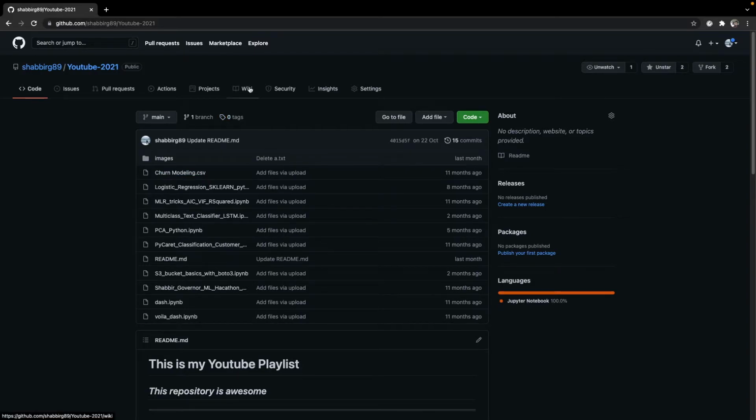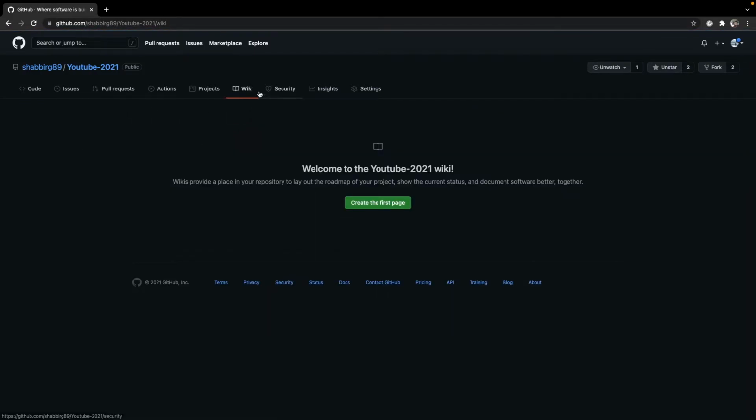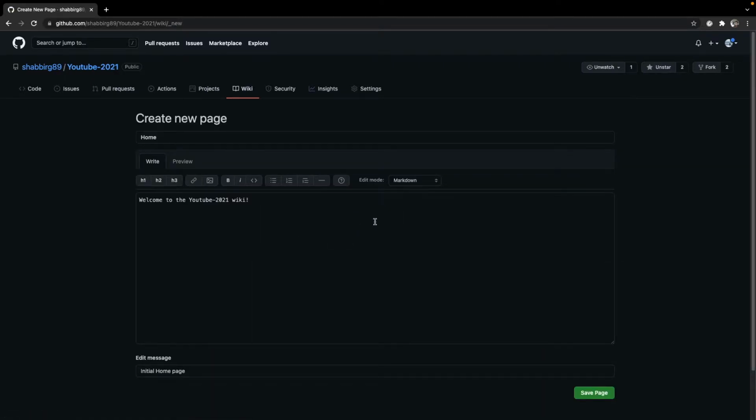So what I will do is go to this GitHub Wiki option, which is available here as a tab, and here you see, welcome to GitHub Wiki. Wiki provides a place in your repository to lay out the roadmap of your project, show your current status, and document the software better together. So let's create the first page of our documentation. Let's just keep this as the home page. Let's write something here. Let's write an h1 tag,